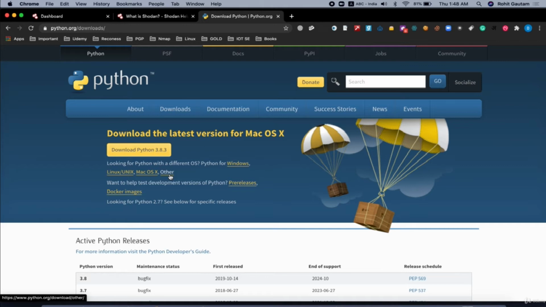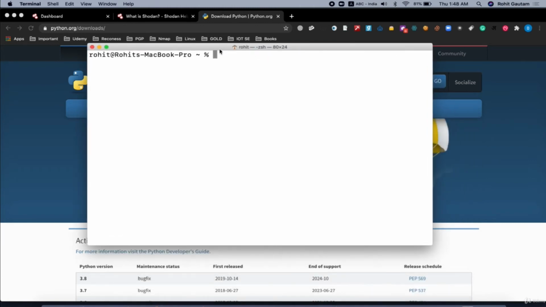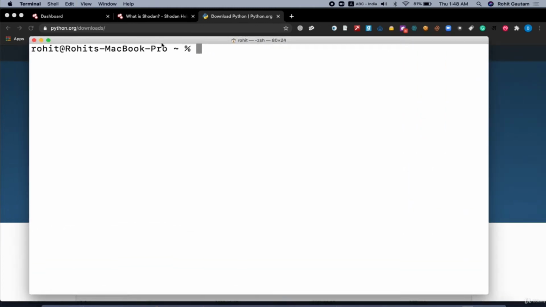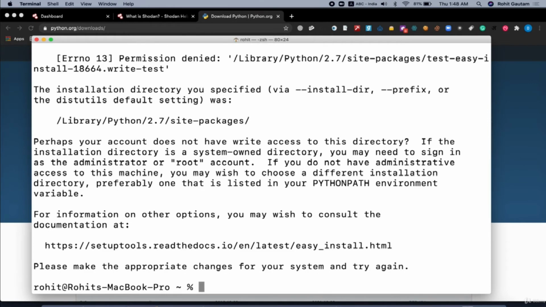Once you have installed Python, just open up your terminal and we are going to install Shodan now. The simplest way would be using Easy Install, just writing easy_install shodan and hitting enter. As you can see, you may get an error which says your account does not have write access to this directory.